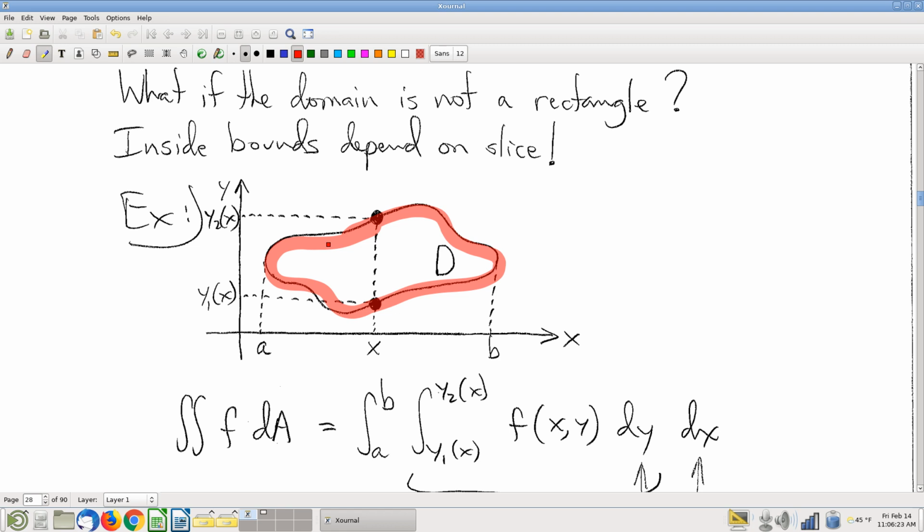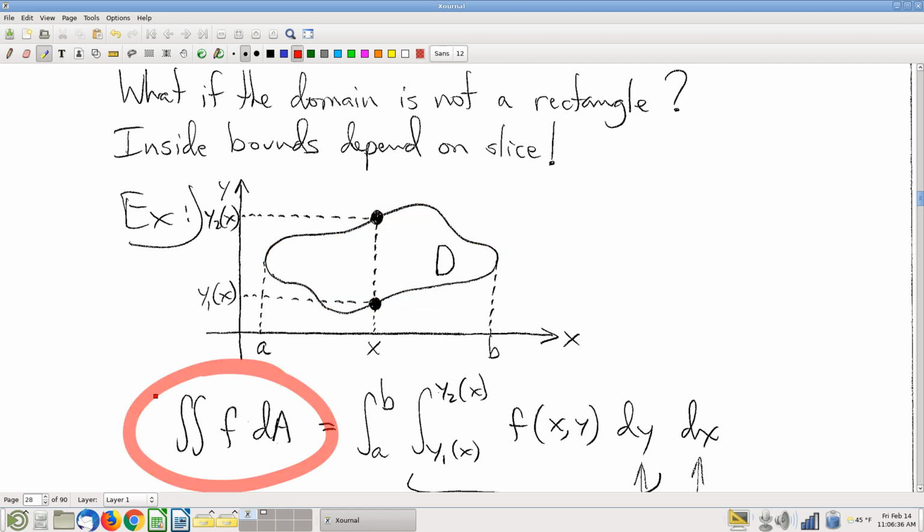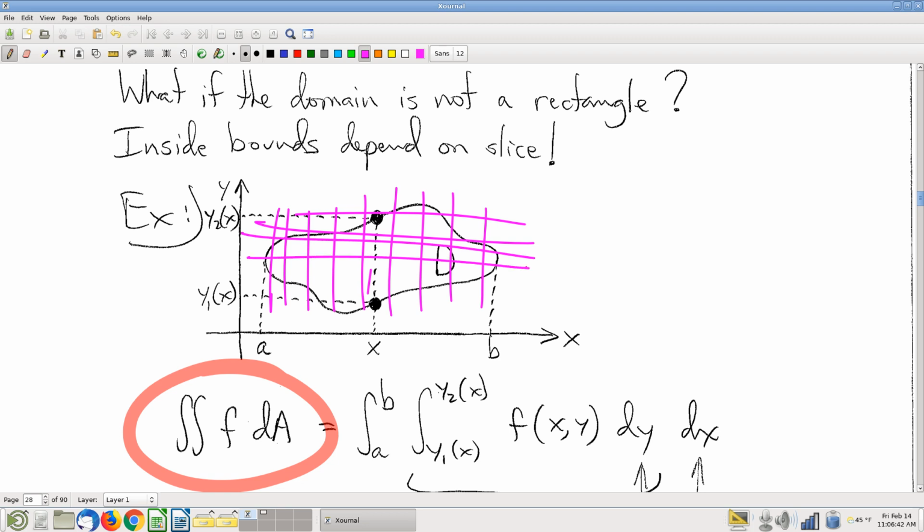Suppose you want to compute the volume under the graph of some function, but sitting over some other shape that isn't a rectangle. It's a very reasonable question. And the short answer is it's going to be a double integral. We're still going to chop it up into little pieces. And it's just that when we talk about adding those up, we're adding up over a different